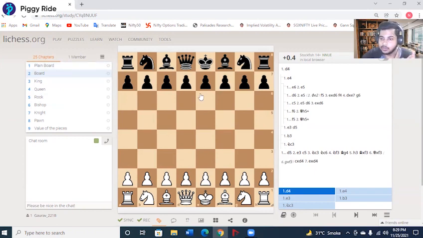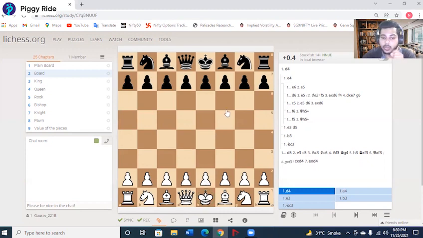So this, as you see here, is how a board looks when it's completely set up. Before the game begins, both you and your opponent will get 2 rooks. So your rooks will be at a1 and h1. You get 2 knights, which are at b1 and g1. You also get 2 bishops, which will be at c1 and f1. You will also get a queen at d1 and a king at e1.